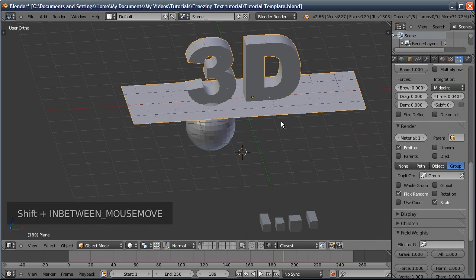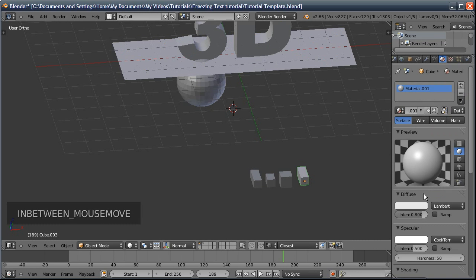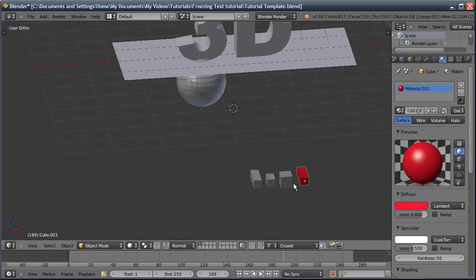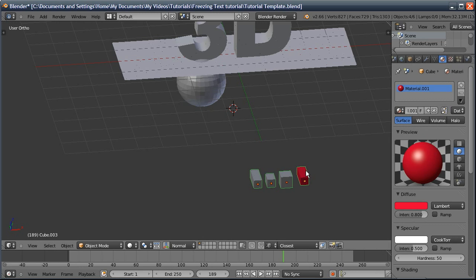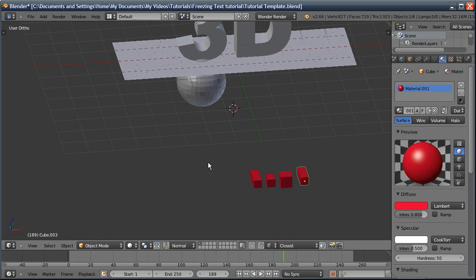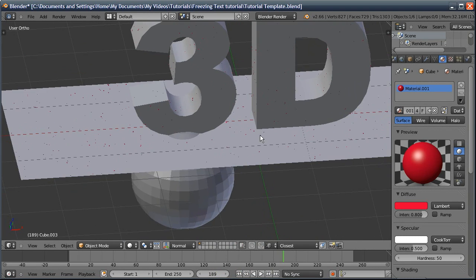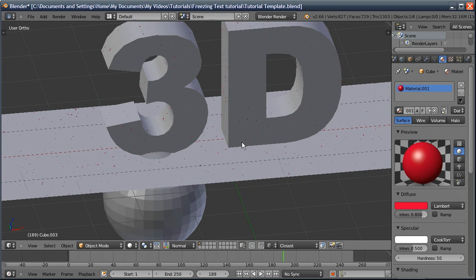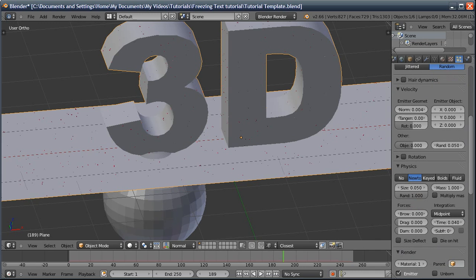And I'm just going to set that to 1. And then what I'm going to do is give this a temporary material just so we can see what's going on. So I'm going to change that to red, and then selecting the others with Shift and then selecting this last, I'm going to press Ctrl L, and we're going to link the materials together so they're now all using the same material. We can just see them here, but they're a bit small. So I'm just going to change their size to be about 0.1,